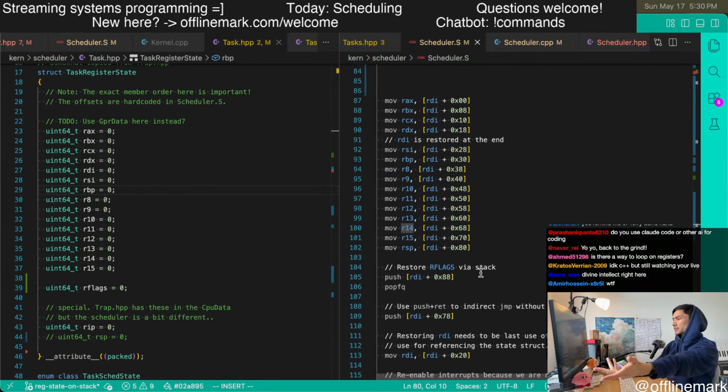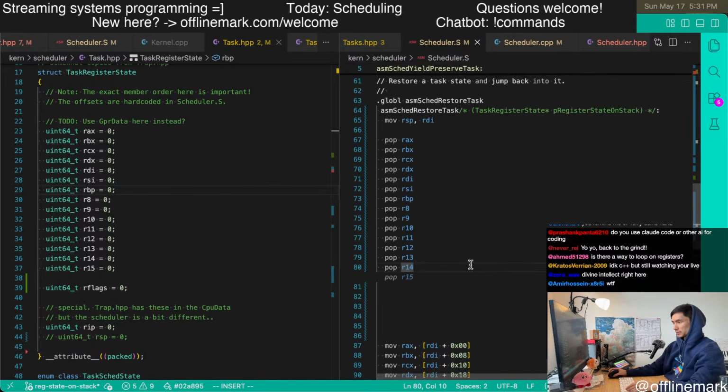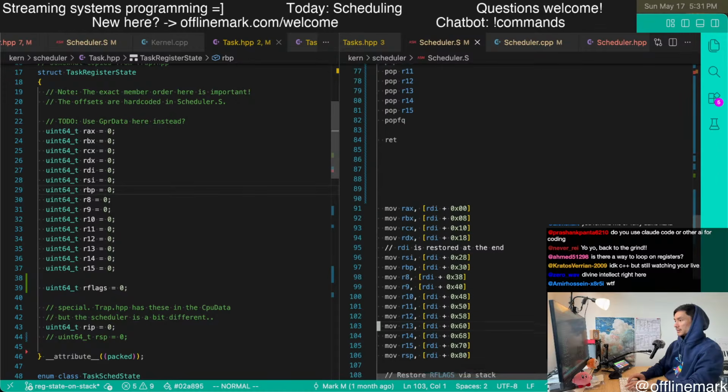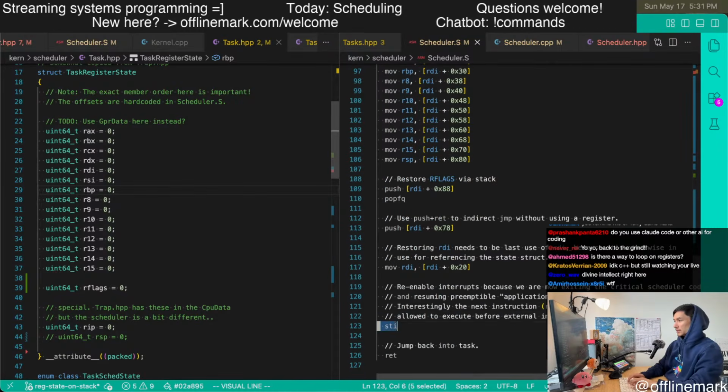However we do this, I think it's going to be popfq. So that's what we expect to see. Popfq, and then that's pretty much it. It's going to be the ret. And as a detail, we need the STI.